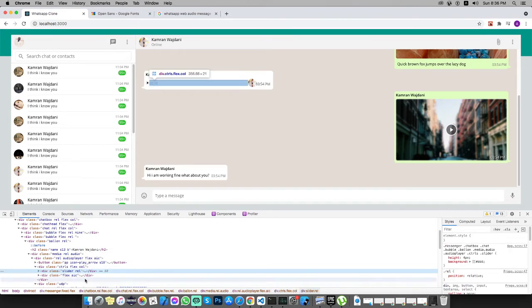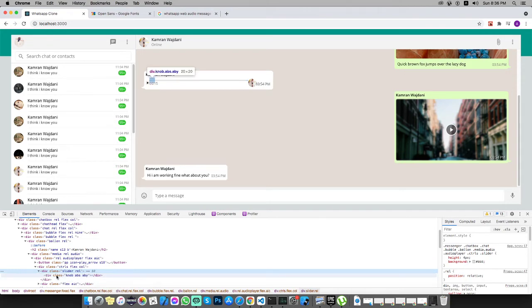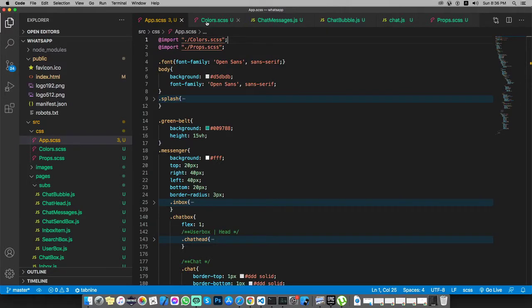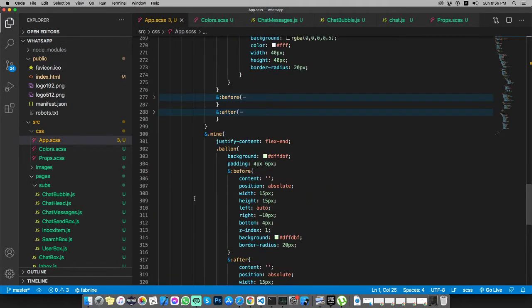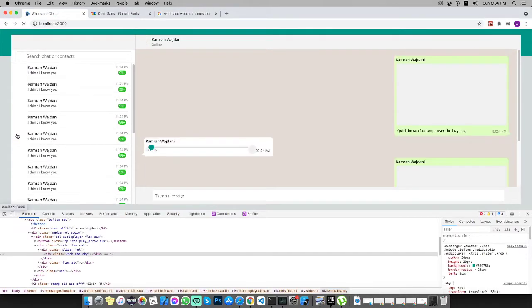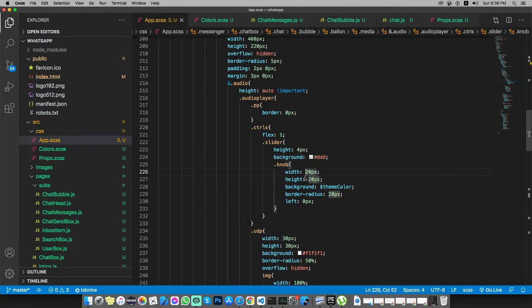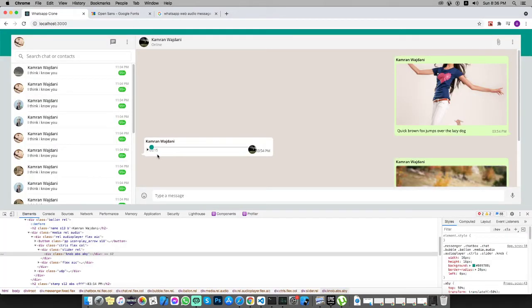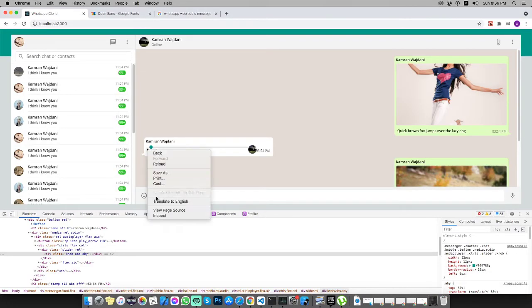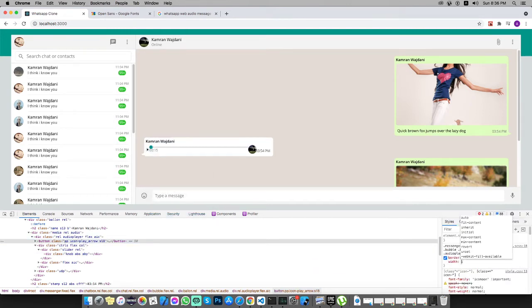So let's inspect and select the slider knob, and we have not added, I guess. Knob background $theme color. Let's reload it. Here we go. Now we need to reduce it to 16 and 16 pixels, or maybe 12 is good. Yeah. Now let's inspect the pp, add a width 20 pixels or maybe 30 and height of 30 pixels,